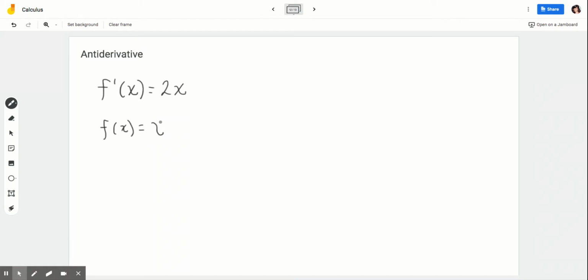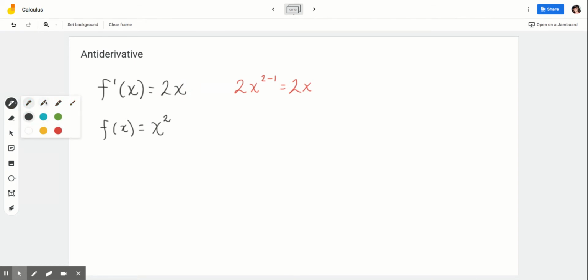So, the most obvious example would be x squared. You can check your work doing the power rule. If you were to use the power rule here, you would bring the 2 down in front, you would subtract 1 from the exponent, and you would get 2x. So this function has the derivative of 2x, which means this function right here is the antiderivative of 2x